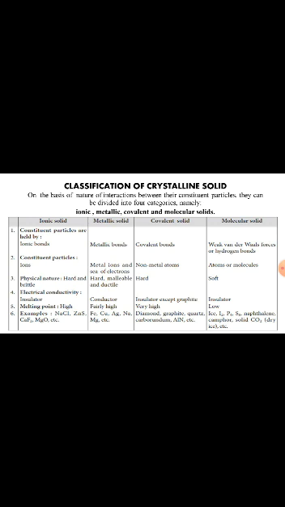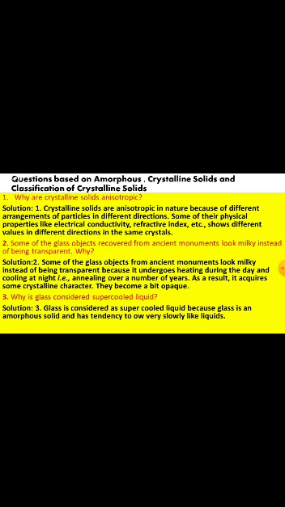Third type of molecular solid are H-bonded solid. Here the attractive force or bonding force is hydrogen bond. The common examples of these solids are ice and dry ice, solid ammonia. So these are basically the classification of crystalline solid. These solids and their properties you can understand very well on the basis of chemical bonding.